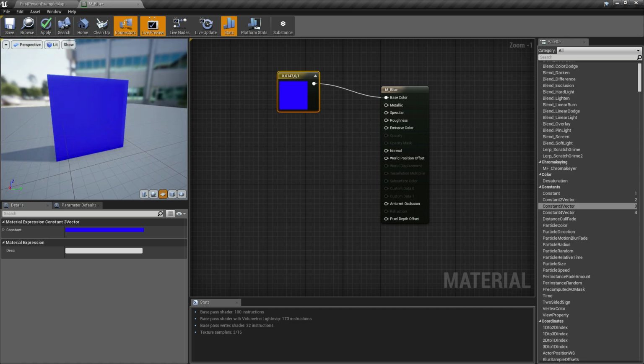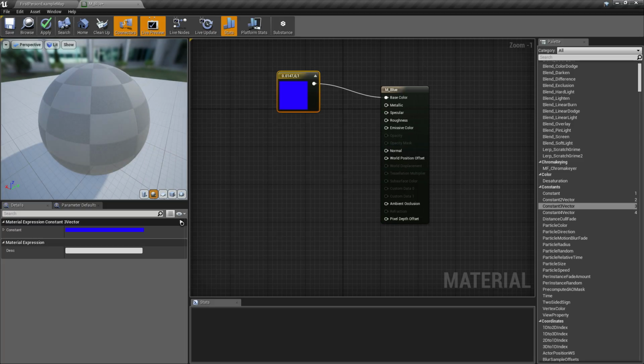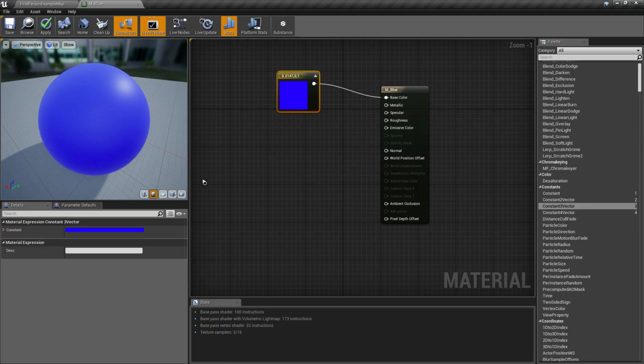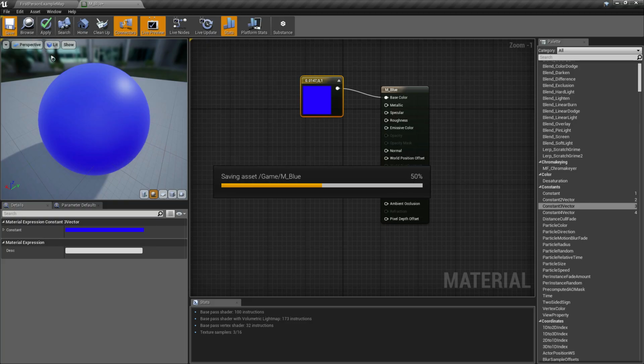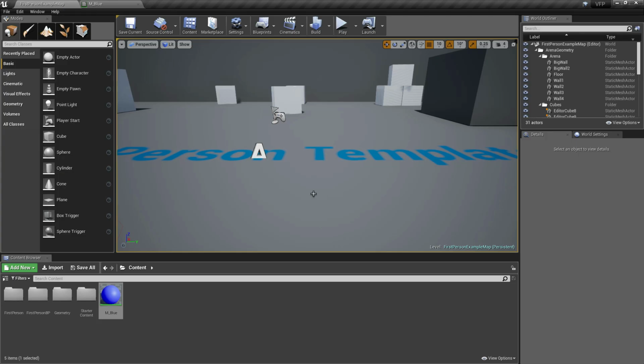So this is how it looks like. Now we have our first material. Just save our update in our material, and after we save it, let's head back to our level.